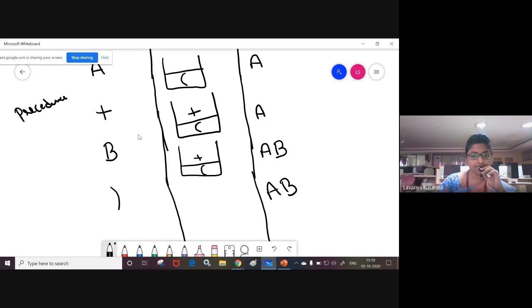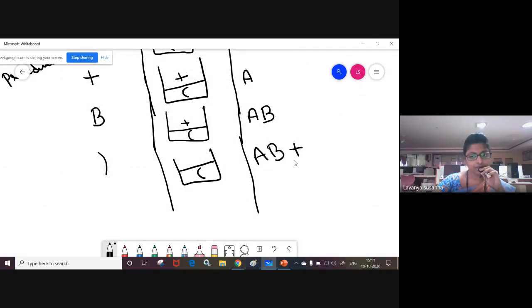What is the element which is present on top? Plus, right? Delete it. Delete plus and add it to the postfix array, because you got a close bracket, right? If you got a close bracket, you need to delete each and every symbol from the top, not from the first. From the top you need to delete elements one by one and add them to the postfix array. You need to do this operation until you get an open bracket. Okay, see, it's an open bracket. See, there is only plus, right? Delete it and add it to the postfix array.